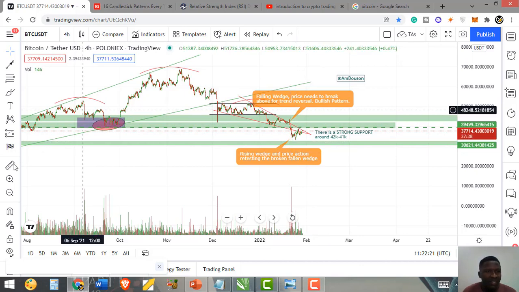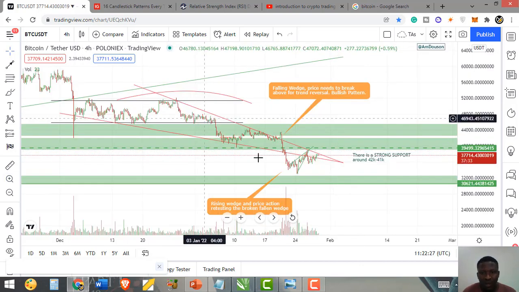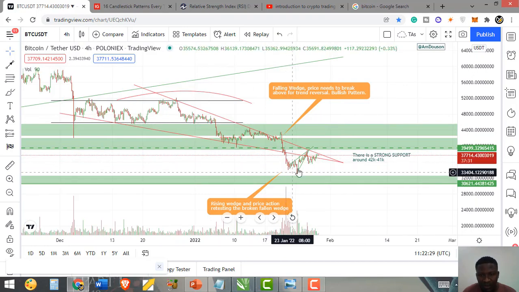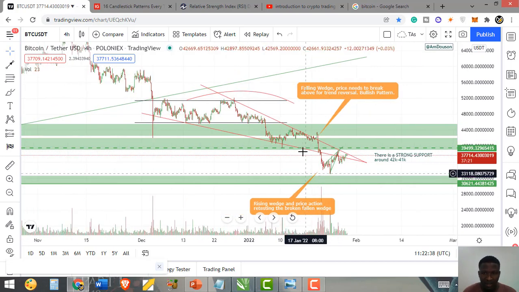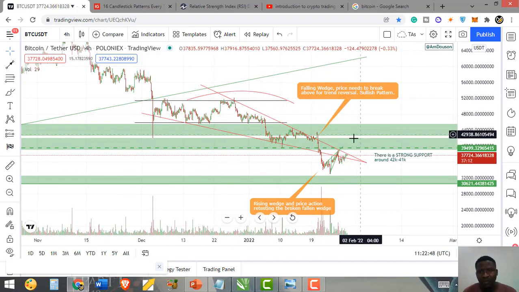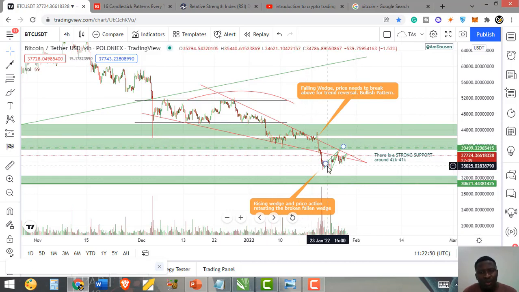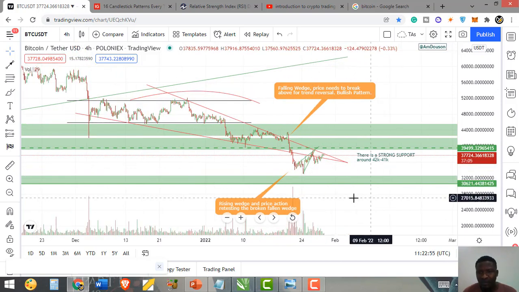But in this very case, let me zoom it, the falling wedge was broken downward. You can see it here, it broke downward. So this is a retest of the falling wedge. Look at it, you see it broke downward. So that means this channel failed to hold, and what happened next? The price went down. Though this very pattern, the falling wedge, is a bullish chart pattern, it broke downward instead of breaking upward. So it has terminated